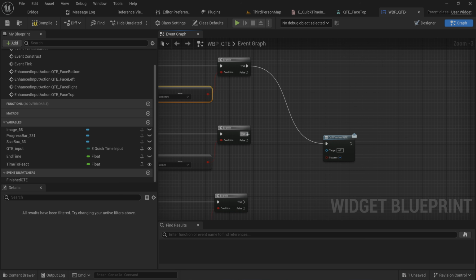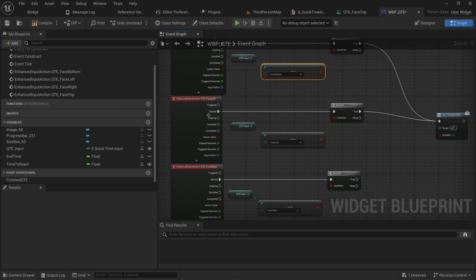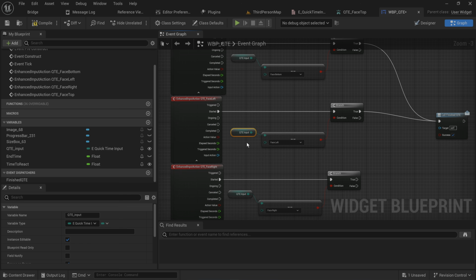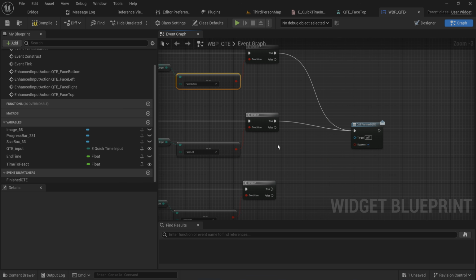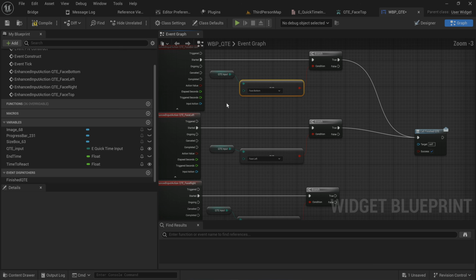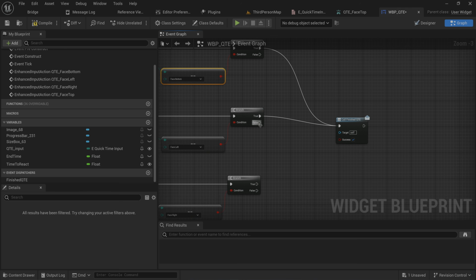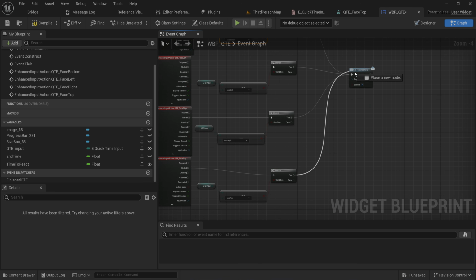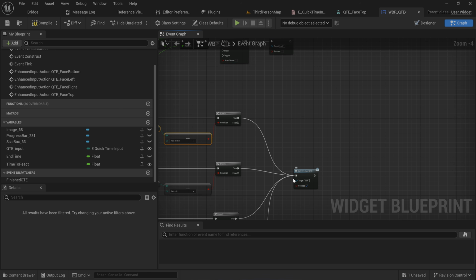If it's false, it's just going to do nothing, which means if we're looking for a face button bottom, but face button left is the thing being pressed, we're going to be checking, hey, is input events equal to left? No, it's not, because it's equal to bottom. So this is going to be false, so it's going to be doing nothing. That way it will only actually execute this with the event that's corresponding to the enum value that we gave this. So we hook all 4 of those up with the true,